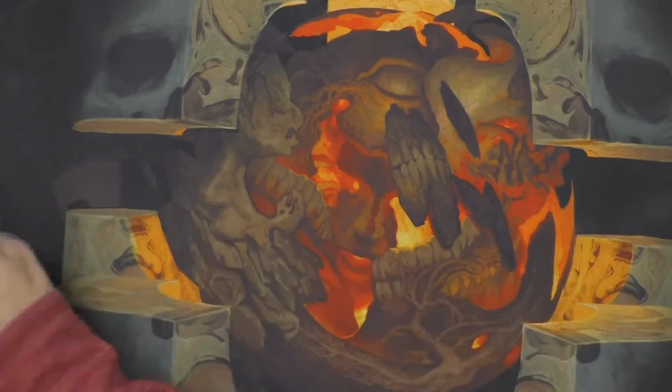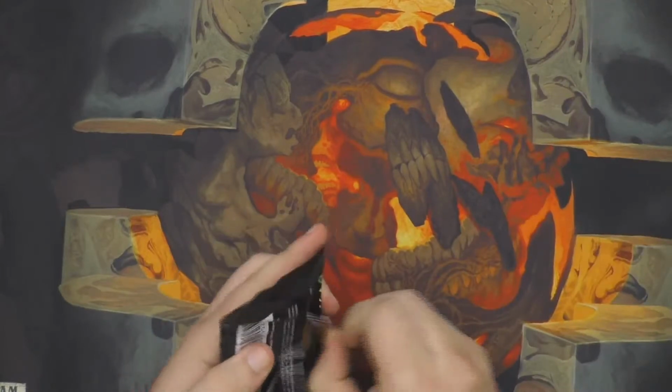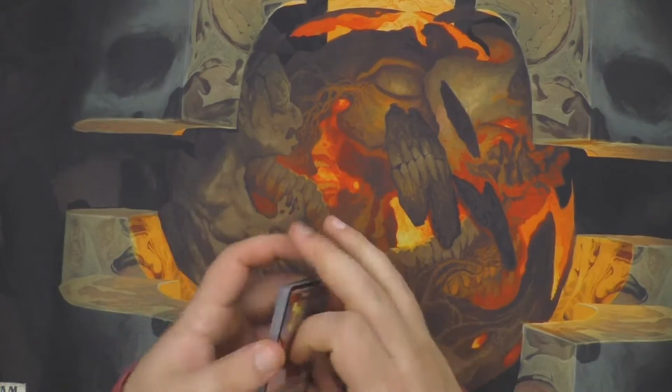So, got a fun token and a rare. And also, let me know if you think there's any card you're hoping to see in this set. What are you most excited for? I know some people have said like the Grim Tutor, Ugin, of course, the Goblin Wizard,